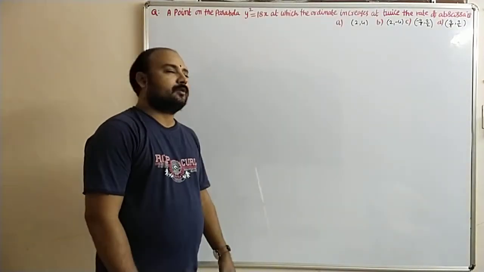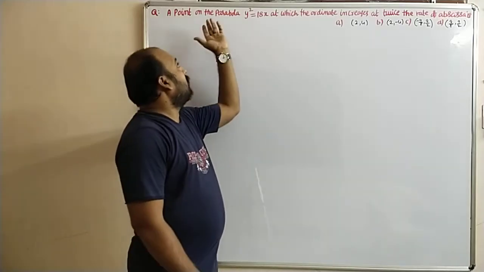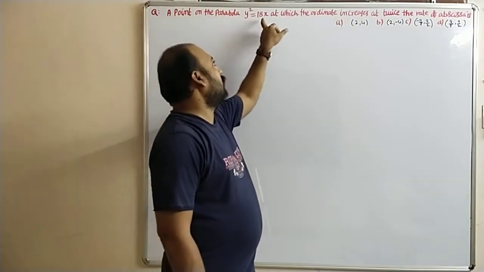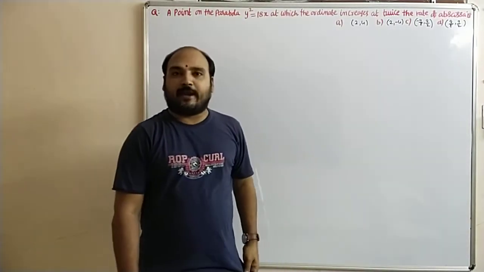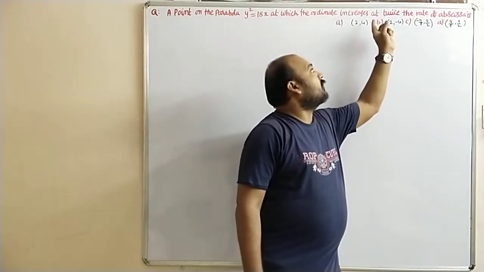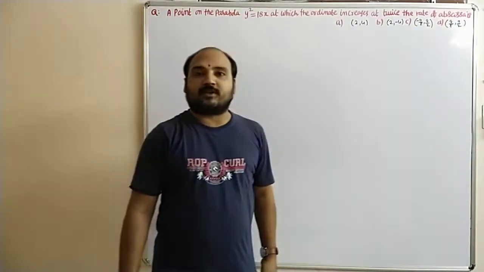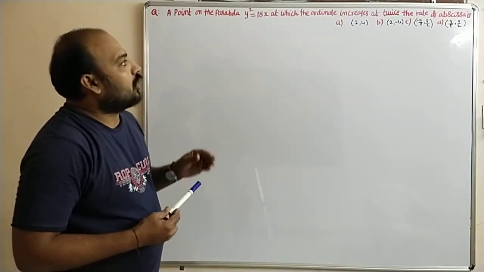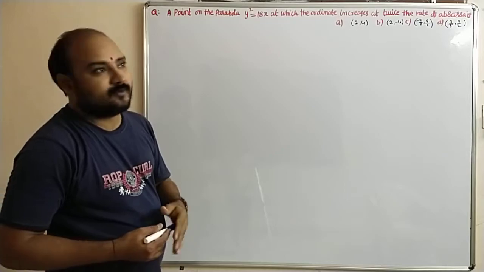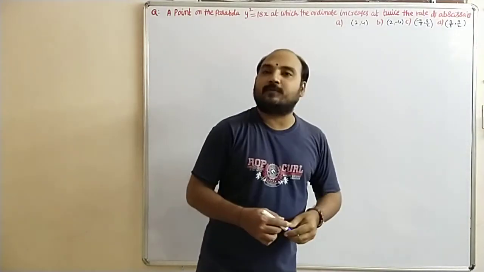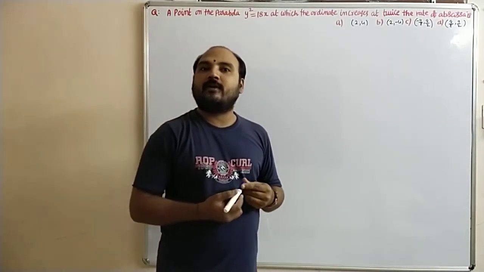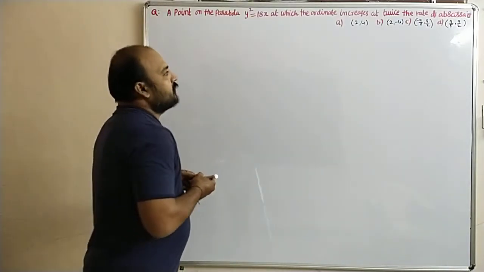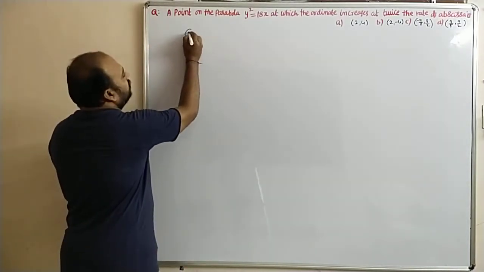The next question. A point P on the parabola y square equal to 18x at which the ordinate increases at twice the rate of abscissa is. The ordinate increases at twice the rate of abscissa. Abscissa means x coordinate, ordinate means y coordinate. So given